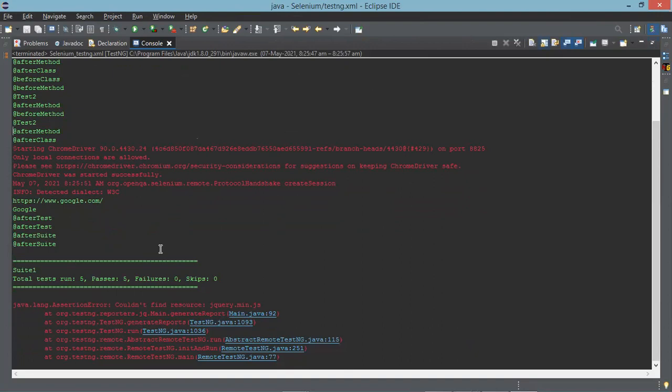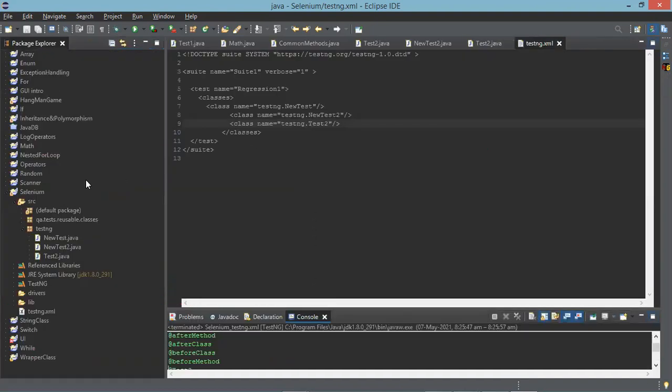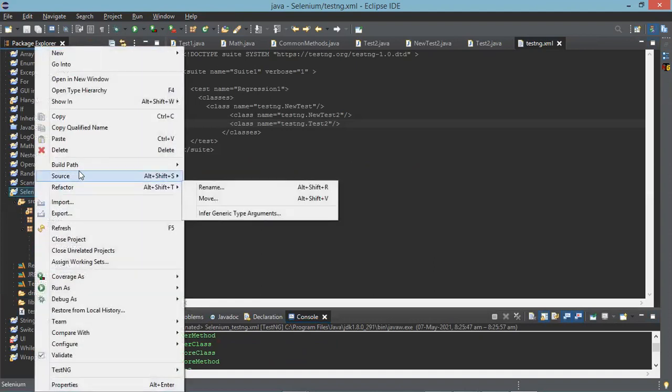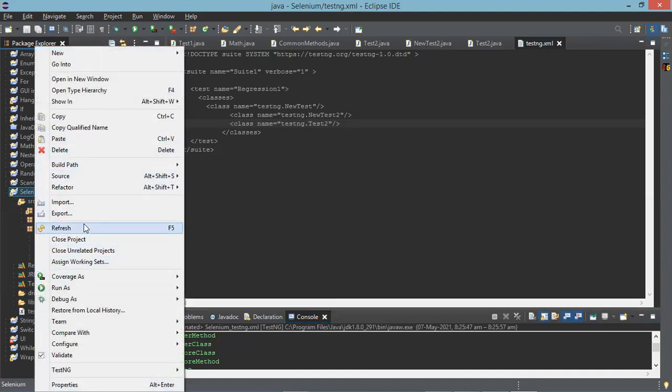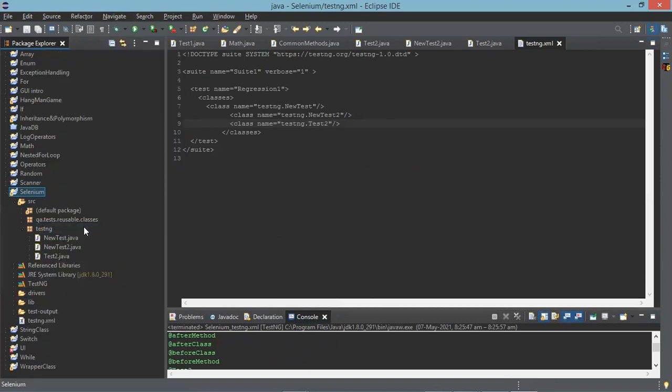Now you go to your project explorer. Refresh on the Selenium project. Can you see a new folder coming up, like test-output? Open that, expand that.